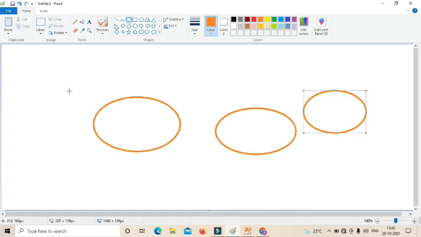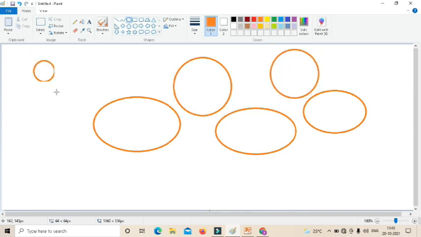For that, we have to press the shift key also. Press the shift key and then press the left mouse button and drag. You will get a perfect circle.